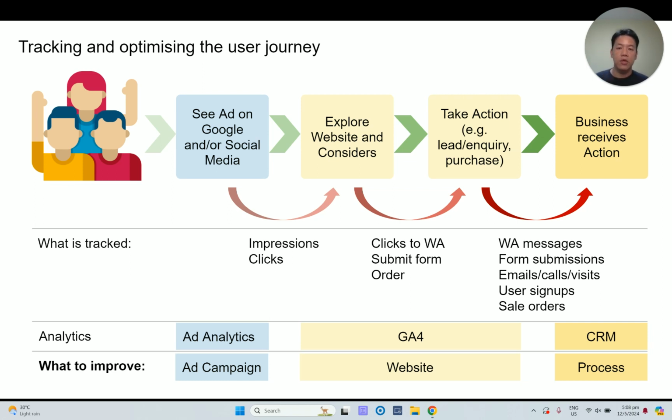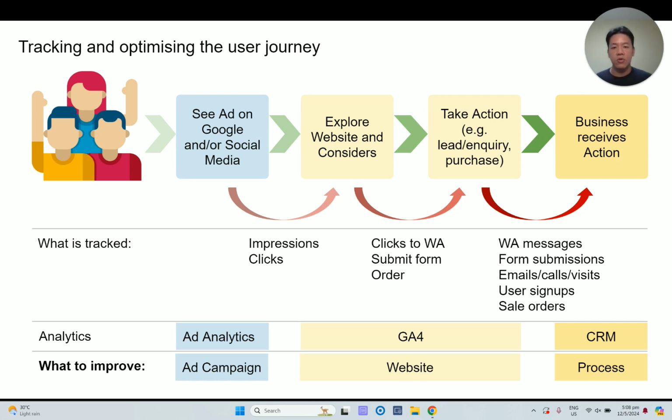So a lot of times we talk to clients and manage their campaigns, we see a lot of the challenges lie in understanding exactly where to isolate the problem areas, and also, by isolating the problem areas, where to actually make the improvements. So sometimes there can be a lot of confusion if you don't fully understand the user